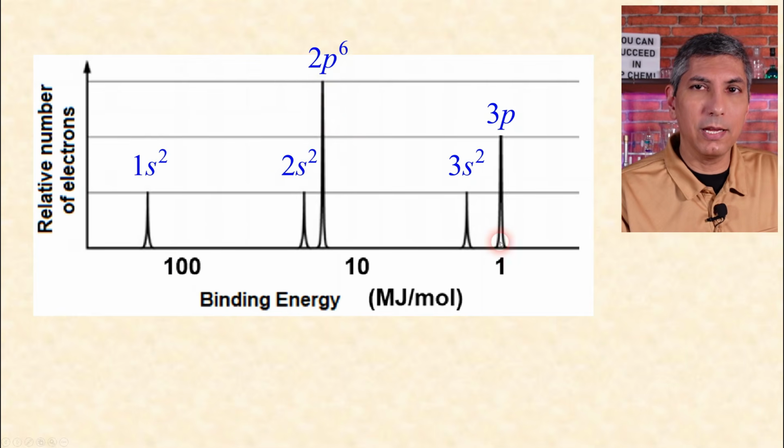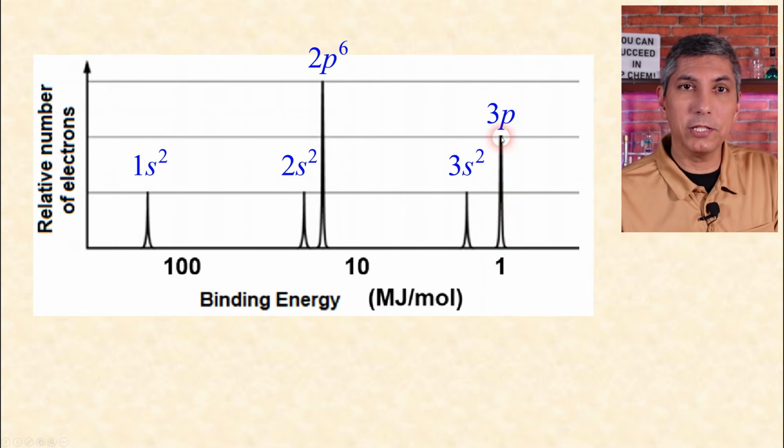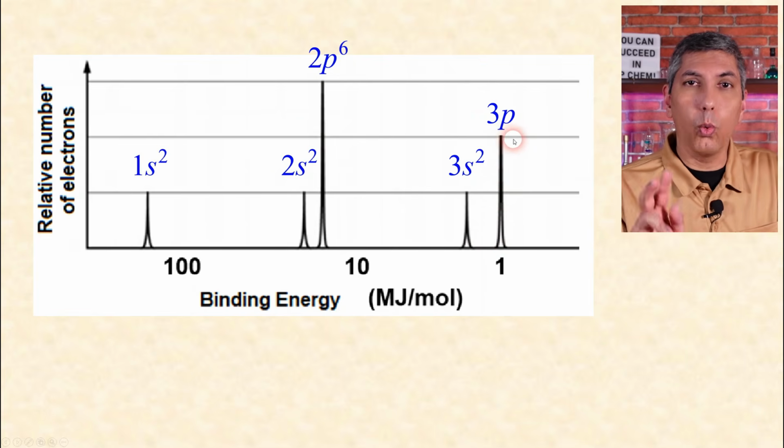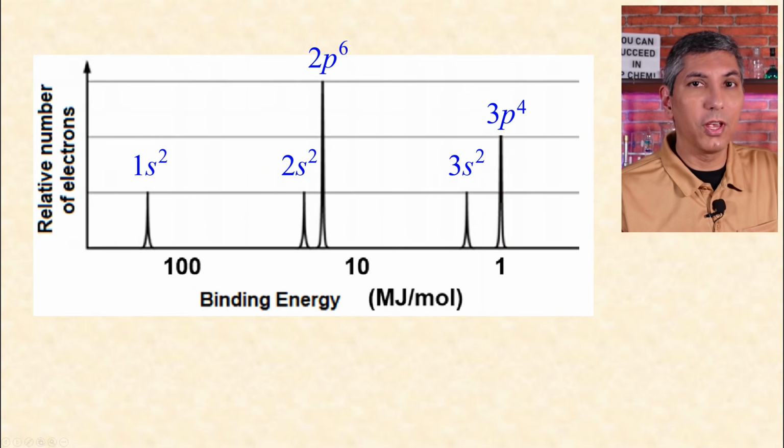Now, the last peak here, the 3p peak, is twice as high as those s peaks. So that means it has twice as many electrons. So that would be 3p4. And if you know your electron configurations, you can match this up to the periodic table and see that this